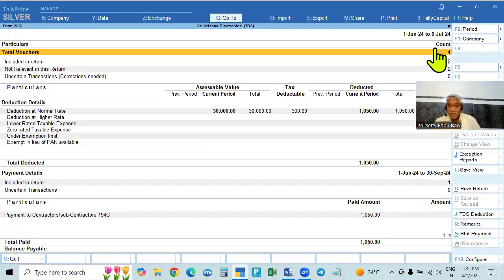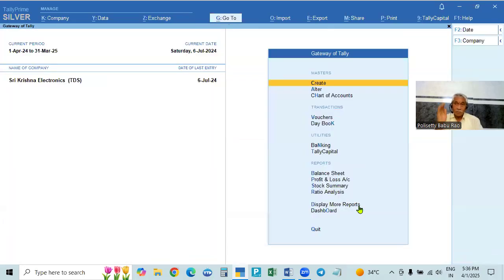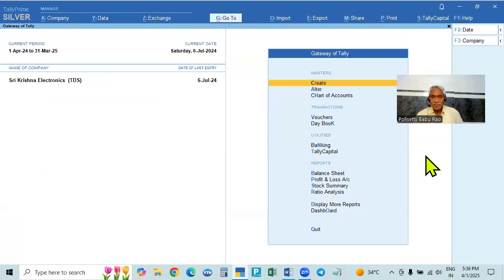In this case, if you go to the 6th one, see here, uncertain transactions will show, because we reconciled that, it is not showing. See balance, see total paid. On the upper part it shows amount paid and balance payable, but no amount paid because it is paid in July. So first July, you will take everything, 1st June to July. June deducted, July paid, so it is showing like that. But if you see from April to June, up to June 30, it will show payable.